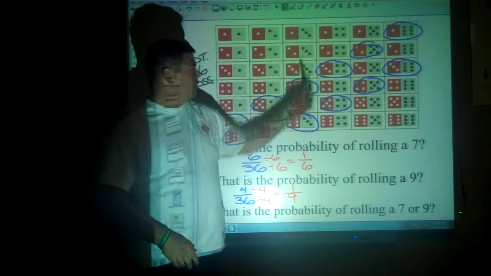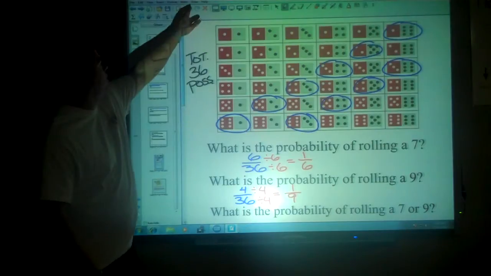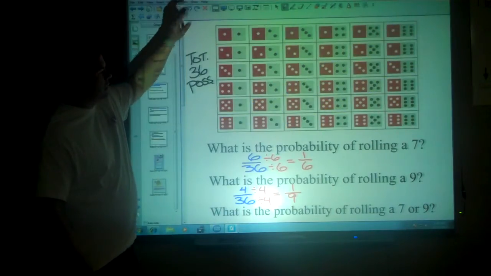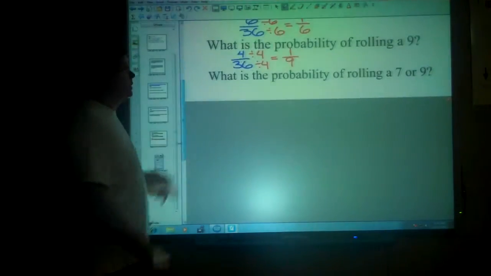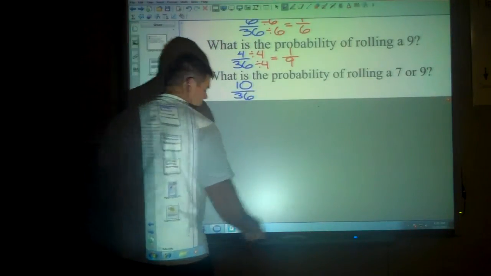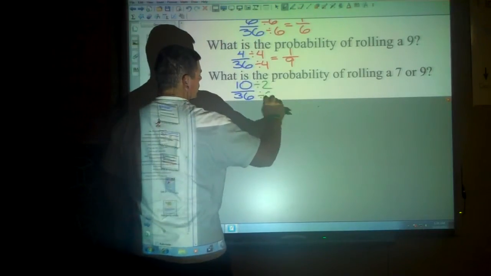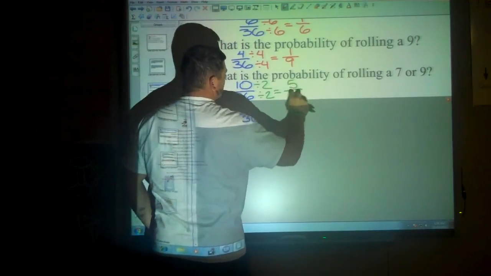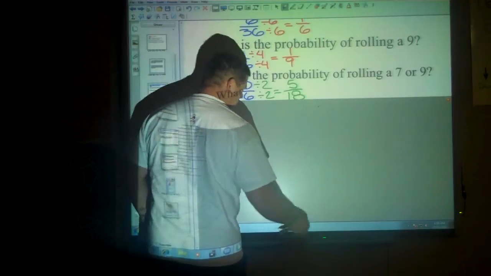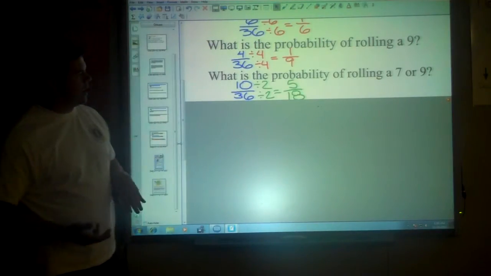So I had 4 here, and I had 6 there. That makes a grand total of 10. I had 10 that make me happy. So 10 out of the 36. Now they're both divisible by 2,